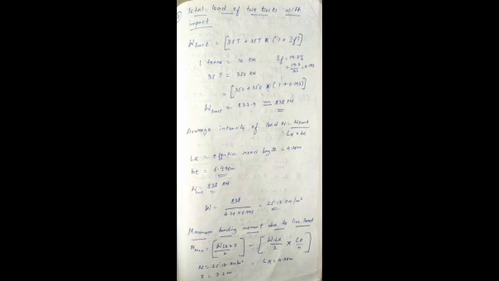Now you have to see the average intensity of the load. W is equal to the average intensity of the load. What is it? W is equal to W track by LR, the effective length of road, into BE, the effective load width. LR is 4.76 and BE is 6.996. I've substituted these values: 838 by 4.76 into 6.996 is equal to 25.17 kilonewton per meter square. This is the average intensity of the load.